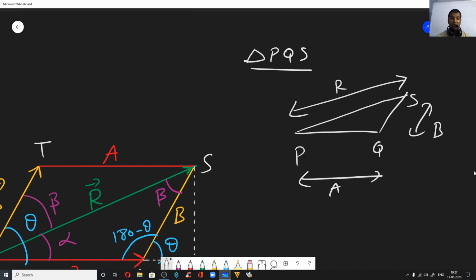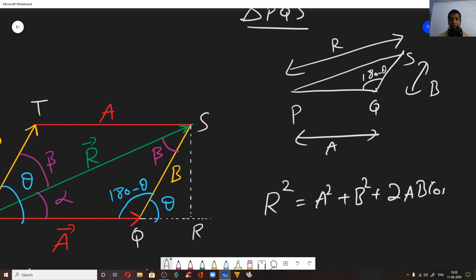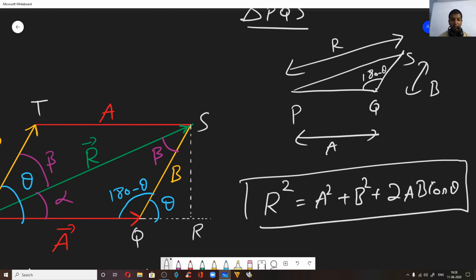Now what we got here is that, if you see the relation between R, A and B, and theta, this is actually 180 minus theta. So for this triangle, we got R square is equal to A square plus B square plus 2AB cos theta. Now in your trigonometry, if you go to the appendix, forget about these vectors and everything, if you draw a simple triangle like this, this is an obtuse angle triangle. You have one angle which is an obtuse angle. Now this relation will always be satisfied.